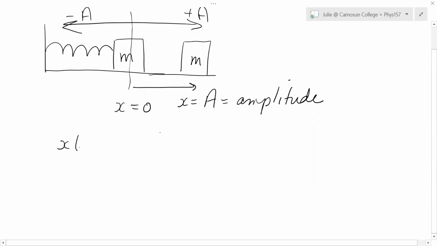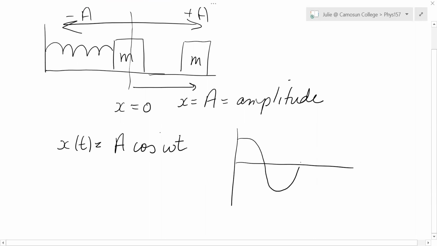The position of the mass at any given time is a sinusoidal function, which comes from solving Newton's second law, but you don't have to solve it. You just have to know this is the answer. And a cosine function, you should probably know what it looks like. It looks just like a sine function, but it starts at x equals A when t equals 0. And it goes between plus A and negative A. The time it takes to get from plus A all the way back, so it has to go through 0, over to the left, back through 0, and then over to the right,